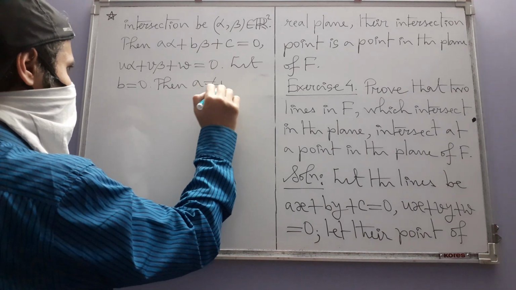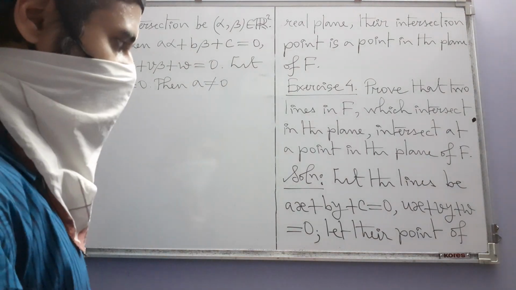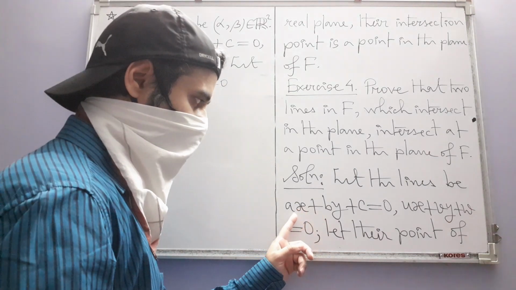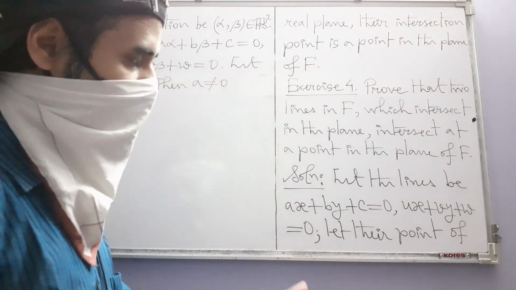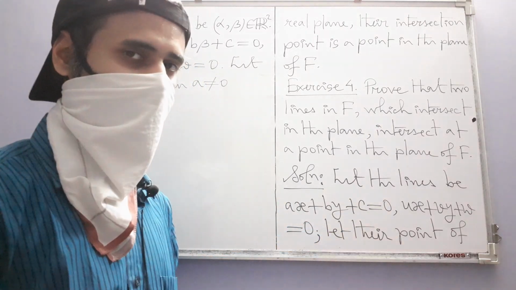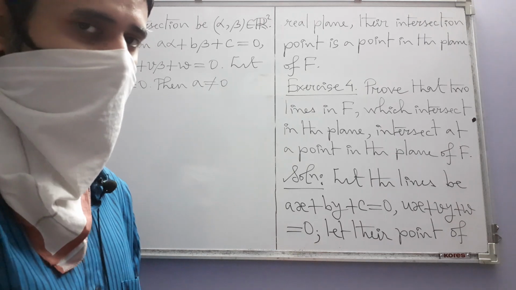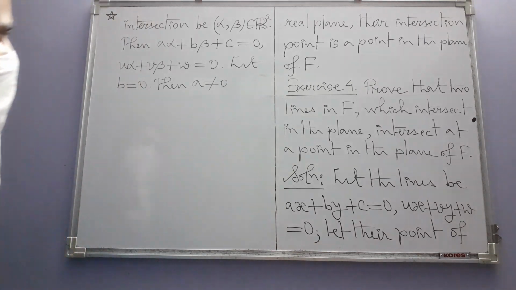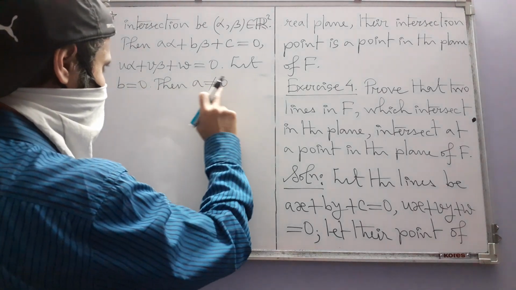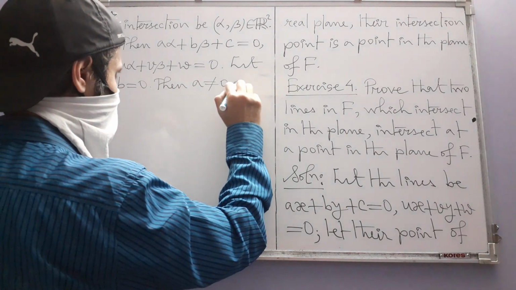Then a has to be non-zero, because if a is also 0 and b is also 0, then c automatically becomes 0, and what is it? This is not a straight line in that case. So if b is 0, then a is not equal to 0, and we have,